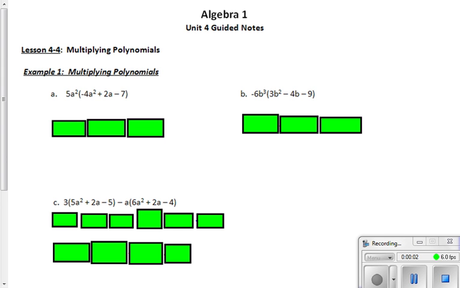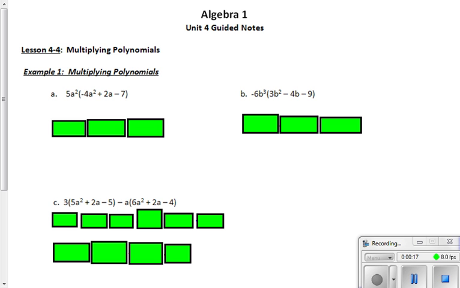Lesson 29 covers multiplying polynomials here. We need to know the product of powers rule to help us out here. What we'll want to do is go ahead and example A, when we multiply a monomial into a trinomial, basically